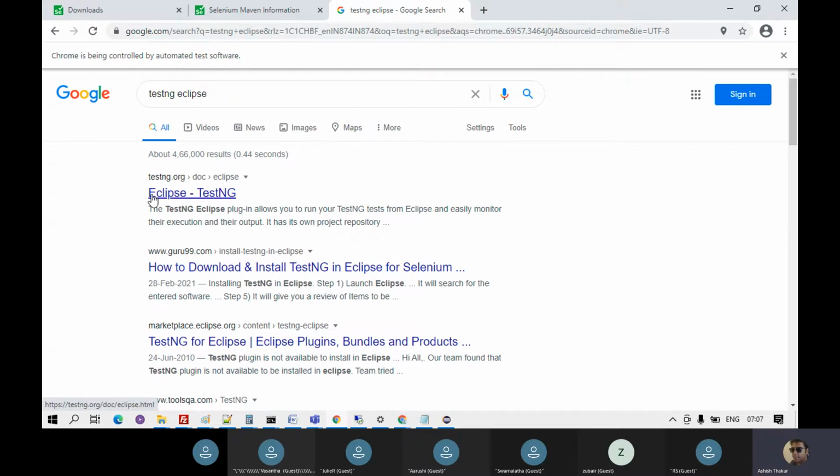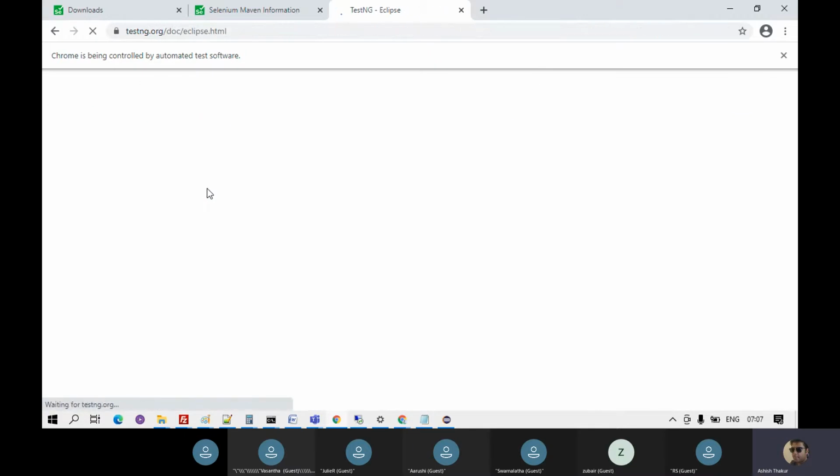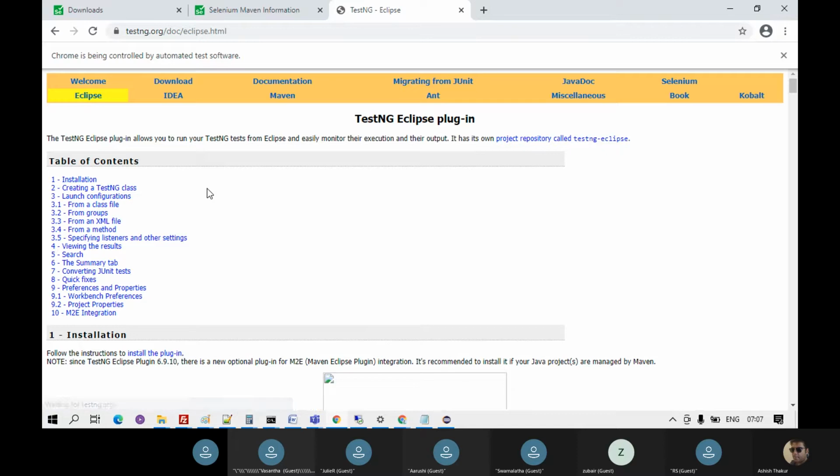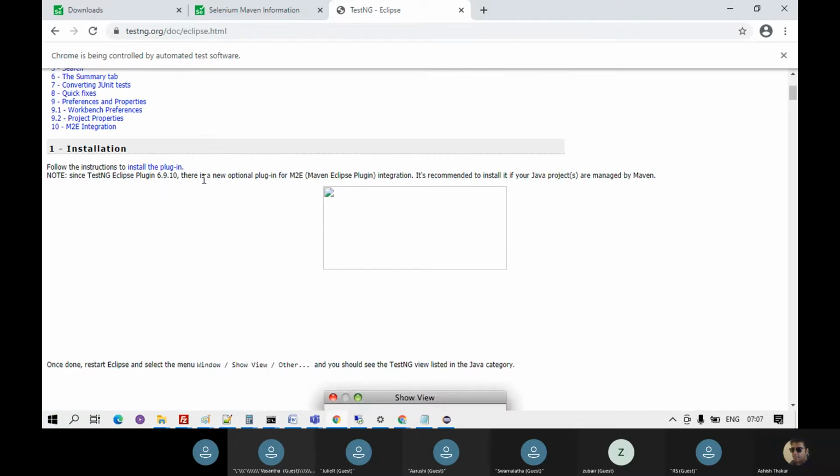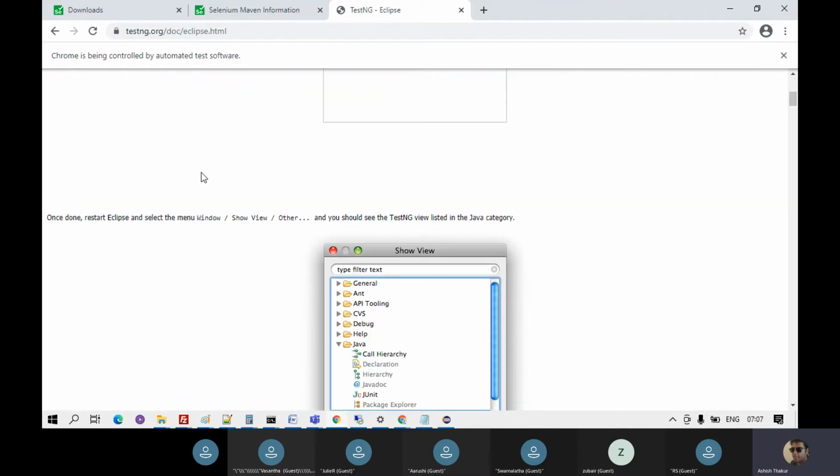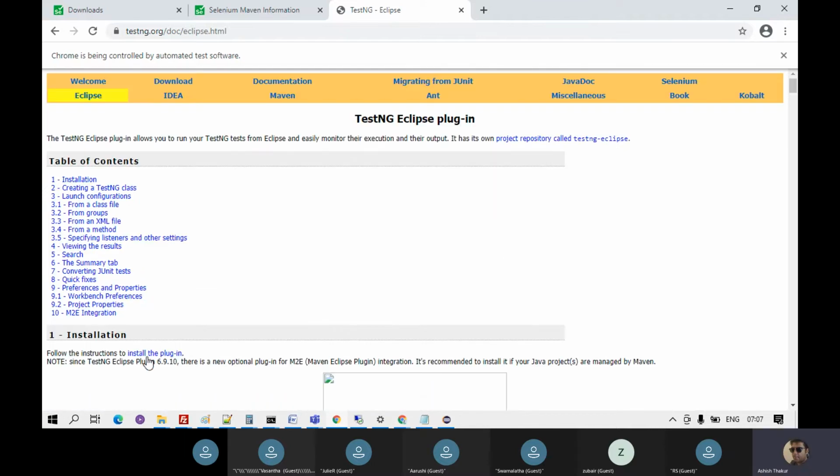So this is Eclipse TestNG, and over here, if you go to the install the plugin section over here,